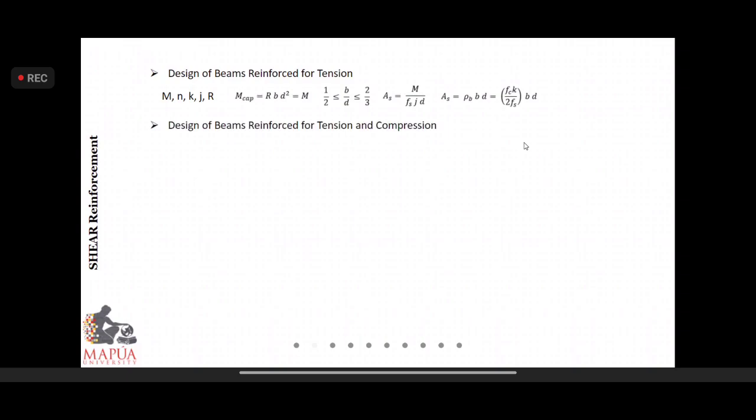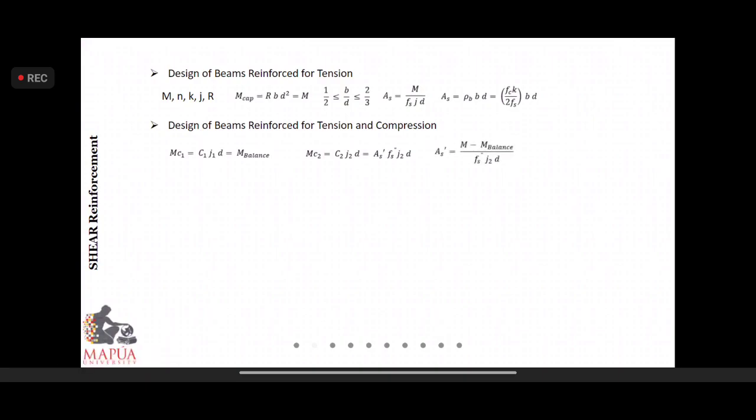Then we consider the design of beams reinforced for tension and compression. By the way, this is singly reinforced. This is good for beams reinforced for tension. This one, reinforced for both tension and compression, is good for the doubly reinforced rectangular beam. We consider the C1 j1 d and we set up this product as MC1, the balanced moment. And then we consider the MC2, which is set in the compression side,